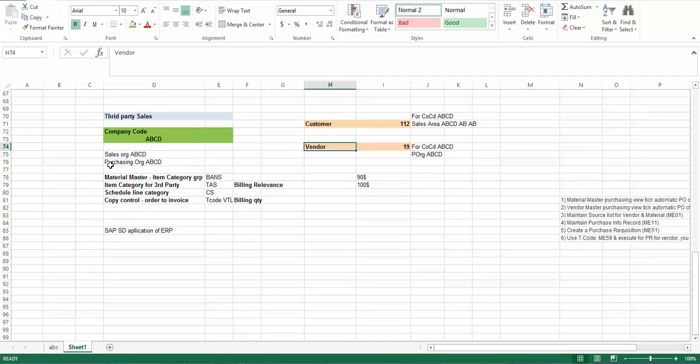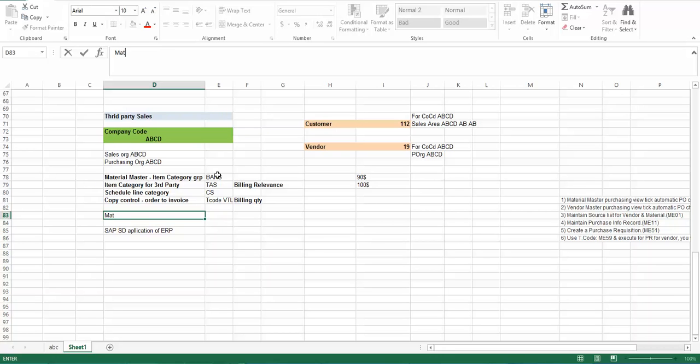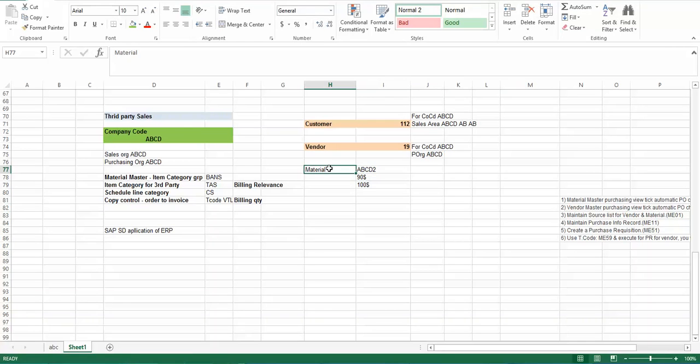So let me mention it over here. A material master. I have created a material master. It's better to mention over this side so that you have a clear distinction of it. Material ABCD. I guess it's two. Yeah, this is the material number or the material code that I have created in SAP, which has a description